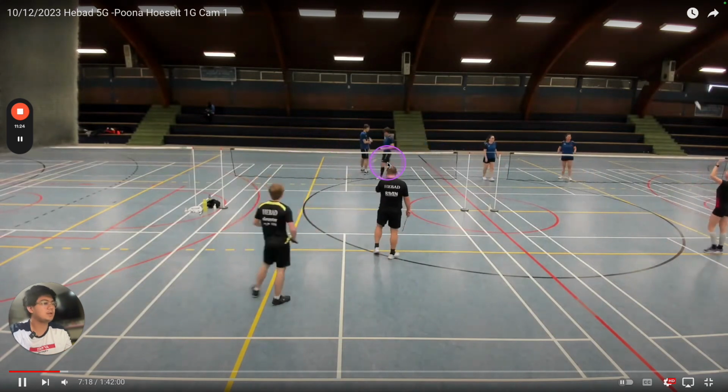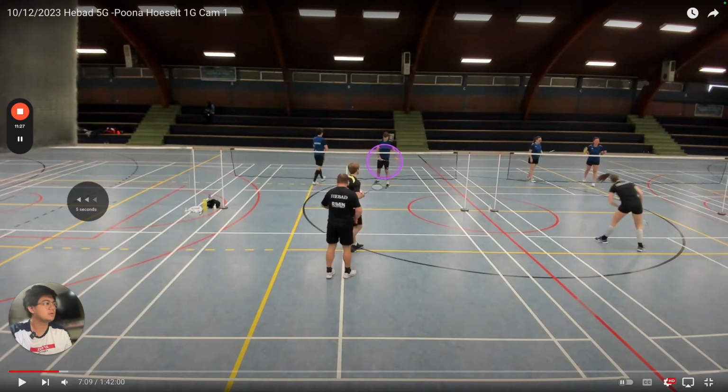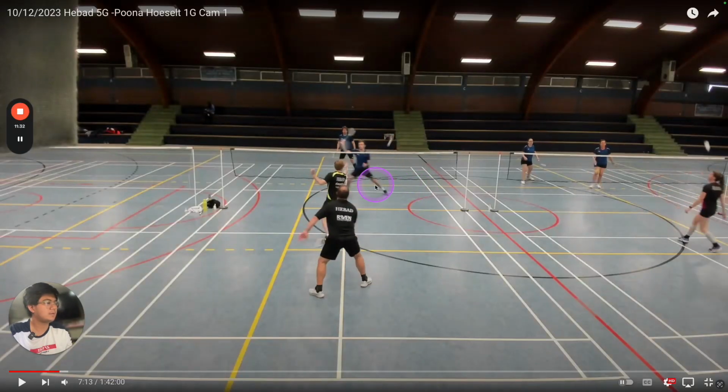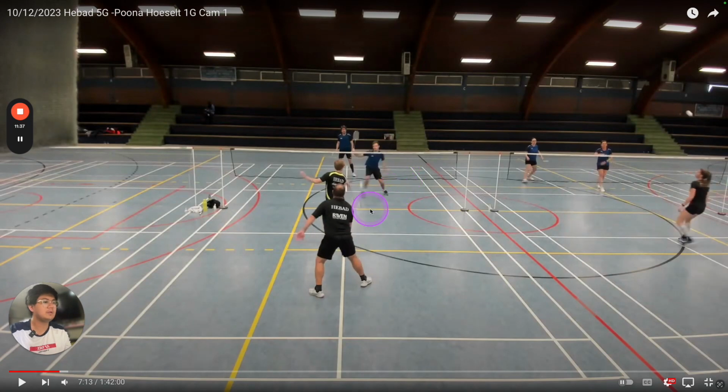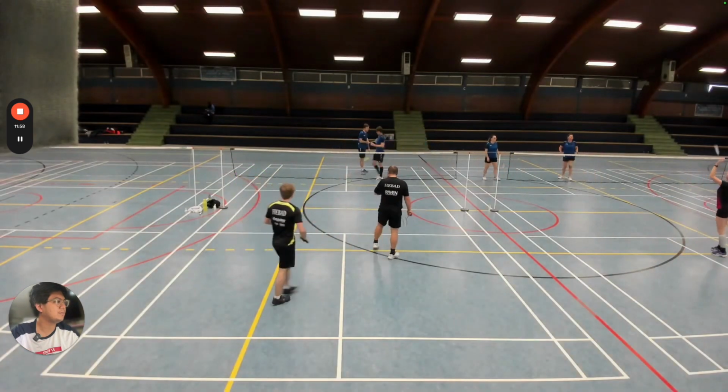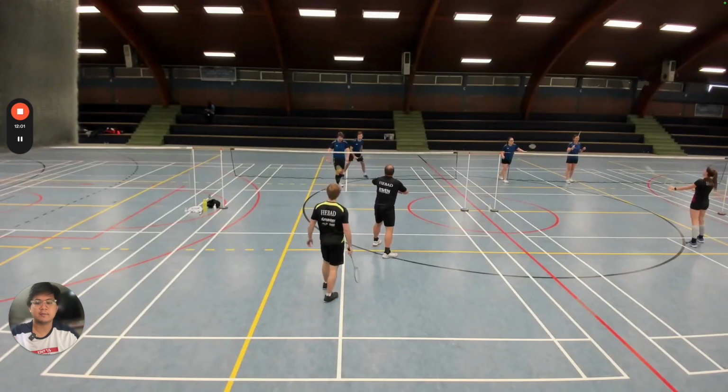And then another thing is, wait, can we see where you take it? Yeah, see how you're very content, just taking it super low. See how you don't even bring your racket up. Your racket was up here because you're serving, and then you bring it down, and then he plays a net that's super slow, and you're just content leaving your racket down here. You should be bringing your racket up and trying to take it earlier so that you have more options instead of just trying to lift it. I'll try to not repeat myself too often because I've said that twice now, but yeah, it's very important.